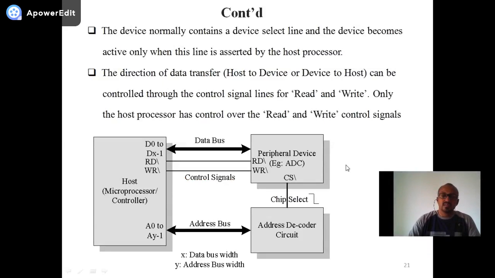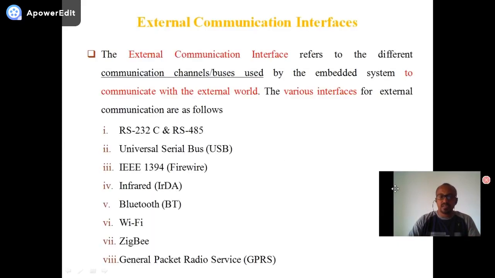So here you can see that the host is usually a microcontroller or microprocessor, and the address is sent for selecting the peripheral. Based on the address, the chip is selected through the chip select signal, and then the data is either transmitted to or received from the peripheral. I am pointing with the cursor. It depends on what kind of device it is. If it is a memory, the read and write signals are transmitted based on the requirement, depending on whether the microcontroller wants to write to or read from it.